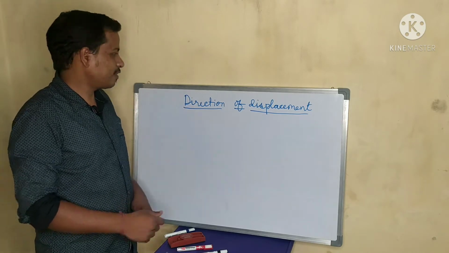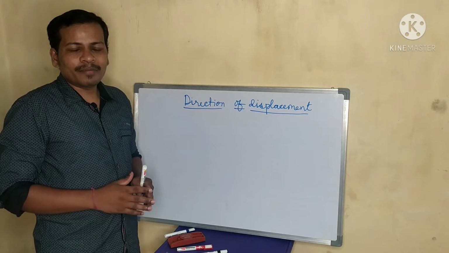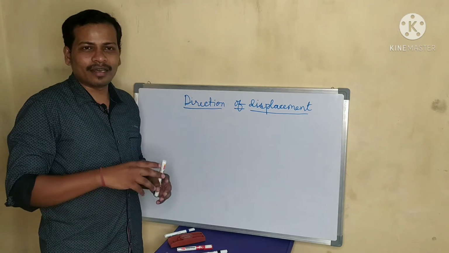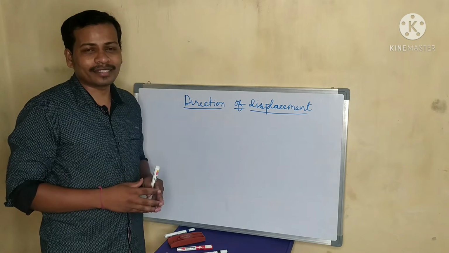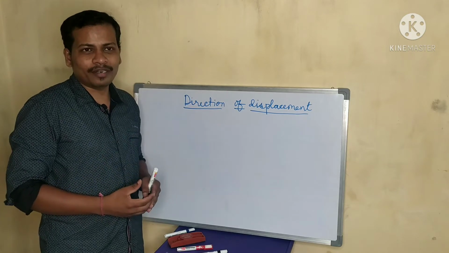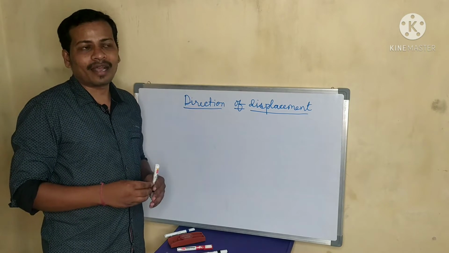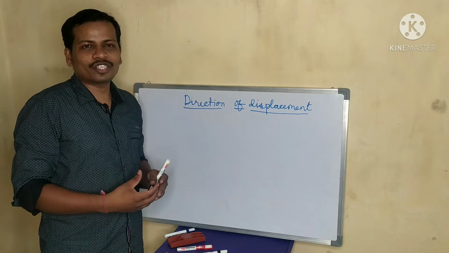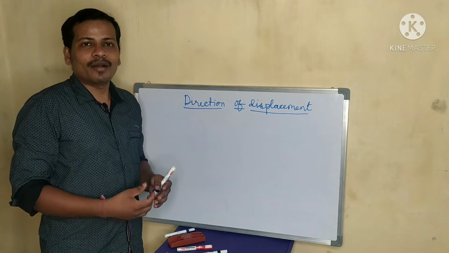Today's topic for discussion is the third kinematic variable, which is the direction of displacement. If the displacement or motion of a segment is confined to a single axis, that is, the rotatory or the translatory motions occurring around an axis or along an axis, it results in two directions. For example, in rotatory motion, the direction of movement of a segment occurring around an axis can be described as clockwise or counterclockwise. The clockwise direction is assigned a negative sign and the counterclockwise direction is assigned a positive sign.